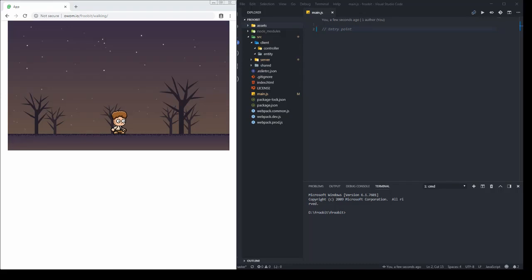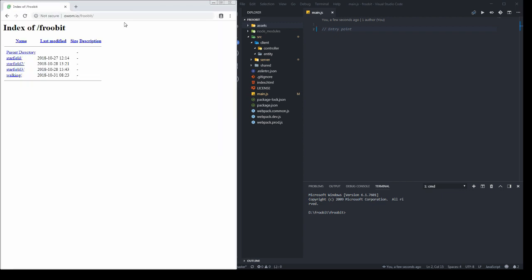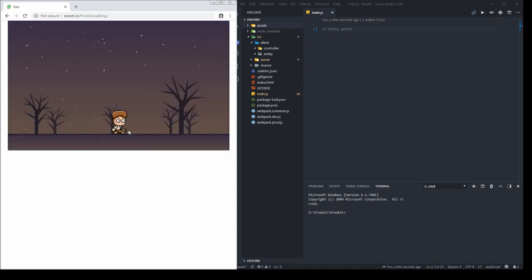So hi everyone, in this video I will show you how you can use sprite animations with Froobit framework, and this is a live example which you can find on ovum.io/Froobit/walking. So if you go a level back, you can also visit other examples, but today we will try to reproduce this behavior